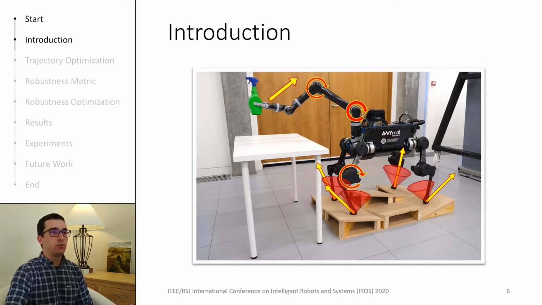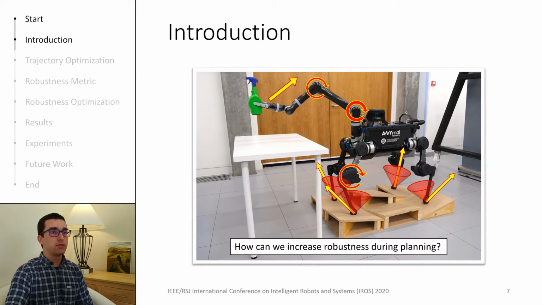In this work, we present a method to increase the robustness of robot trajectories against unknown disturbances. Some researchers have proposed robustness controllers before. However, we focus on increasing robustness at the planning stage. We believe that considering robustness during planning is important because it can help us avoid motions that are difficult to execute altogether. Another reason is that robust plans can provide any tracking controller, including robust control schemes, with greater margins